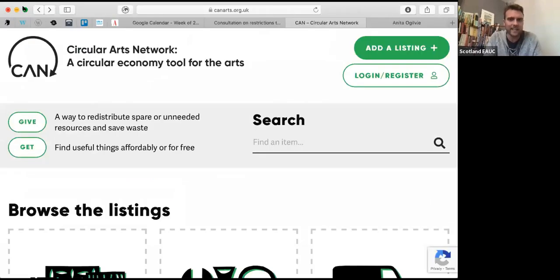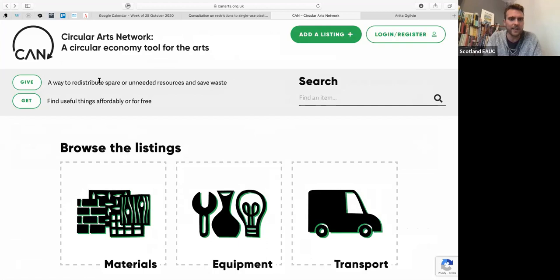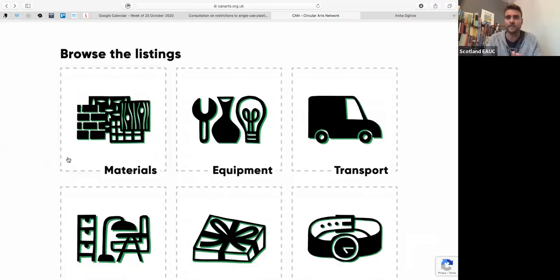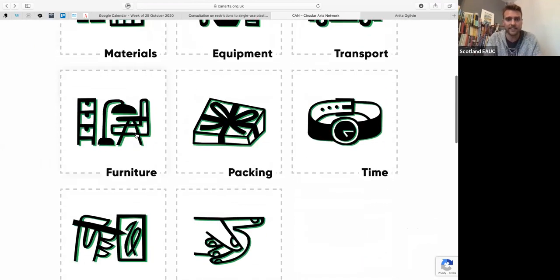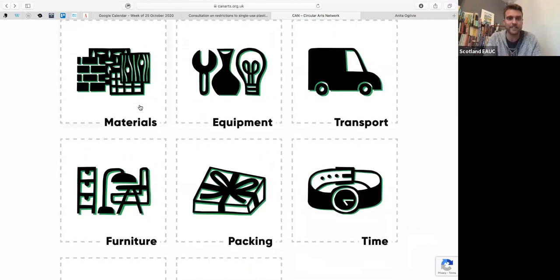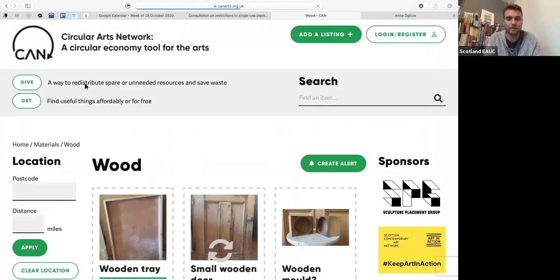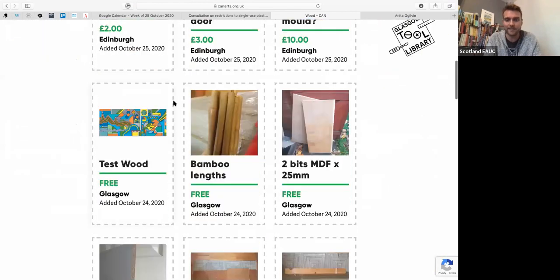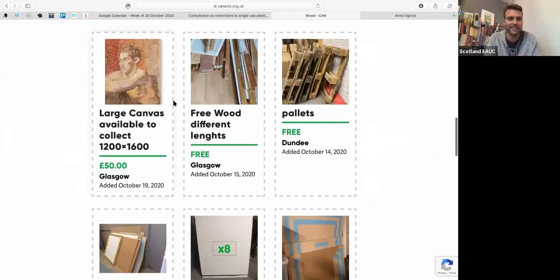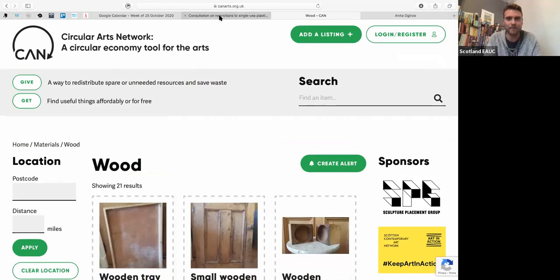Here we go. So we've been told about this new network, the Circular Arts Network, which is specifically for Scotland. It's a circular economy scheme for the arts sector, which might be of interest if you've got arts courses in college or university, but equally if you've got a drama or theatre society. Essentially it's a big deposit scheme where people can swap, trade or purchase unneeded or second-hand goods. So it's a really good system, and worth flagging up with student groups and art departments. There's lots on there. Essentially a Gumtree for arts, which is brilliant. Great to see that happening.